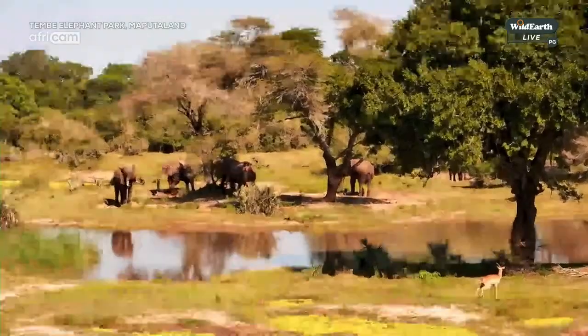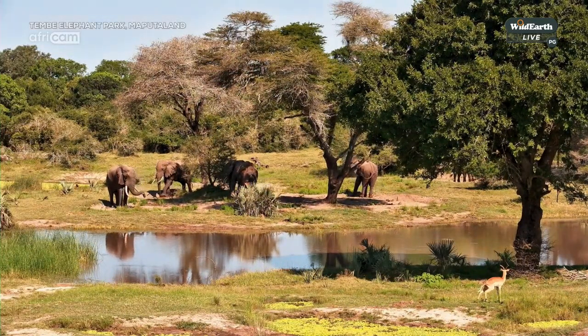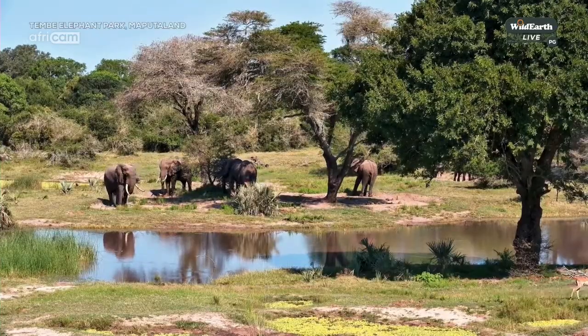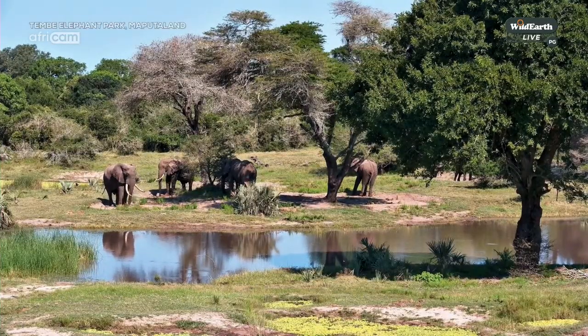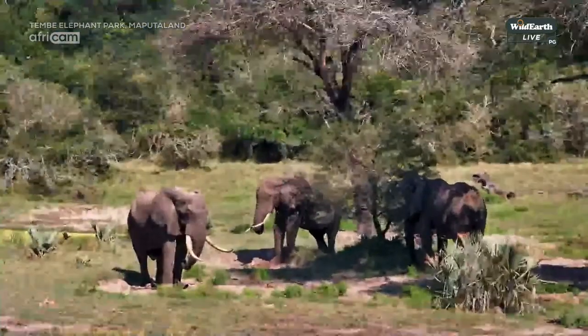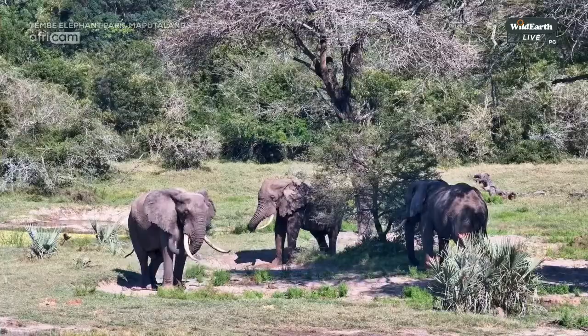It is a lovely afternoon. I can hear, is that a brown-hooded kingfisher calling? Maybe if we're lucky we'll get a sighting of this little brown-hooded kingfisher, but lovely to see some nice big elephant tuskers that have come down to the watering hole today. Looks like they're having a nice dust bath, chilling under the shade of the trees and just waiting for the